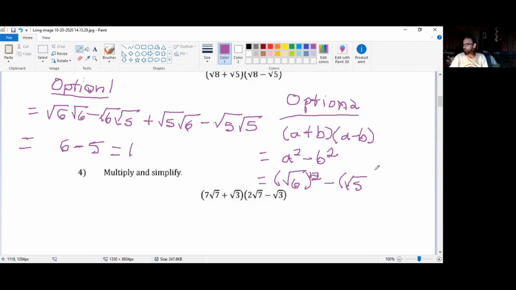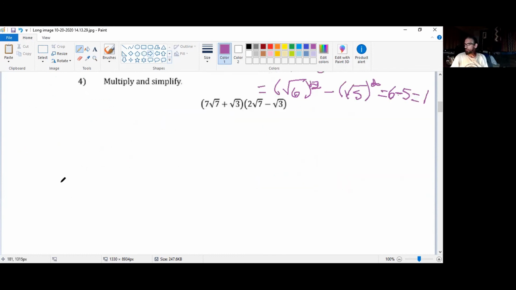Just a bit quicker when we recognize that a plus b and a minus b are conjugates, and then we could use the difference of squares. Now, the order of the multiplication would not have mattered. It could have been a minus b, that quantity, times the parentheses a plus b. In number 4,